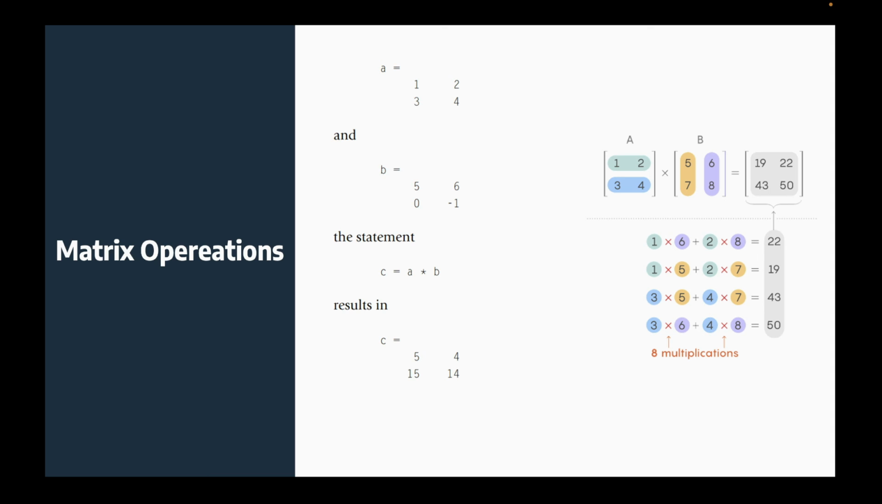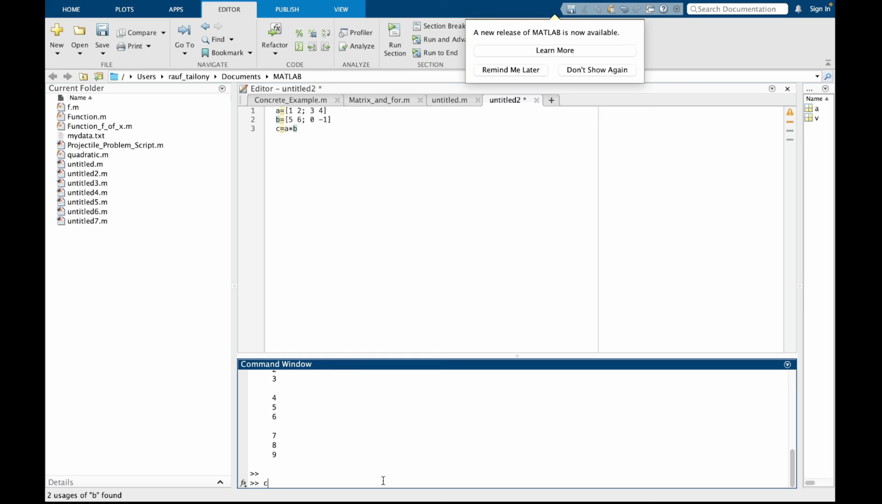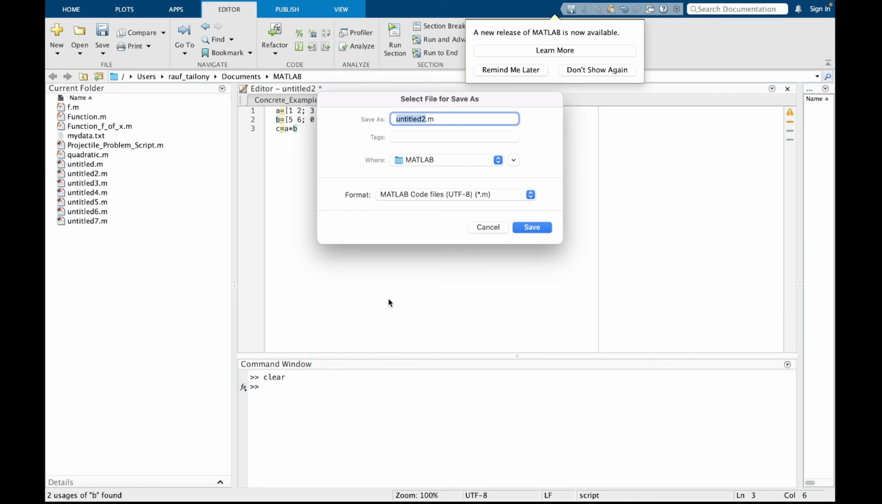Now, matrix operations: how to do multiplication, subtraction, and division for matrices. I hope you guys are familiar with matrix multiplication rules. So if you have A, go ahead and do that in a new MATLAB script. A equals [1 2; 3 4]. B equals [5 6; 0 -1]. And let's see what C equals A multiplied by B would give you. So if we run this,